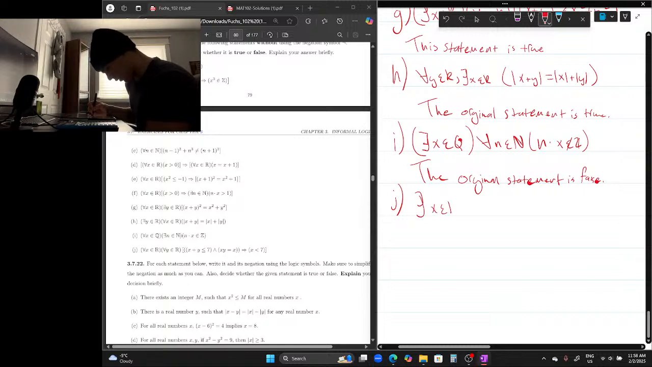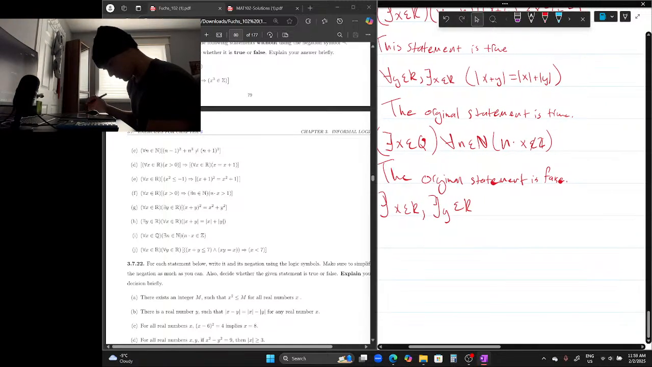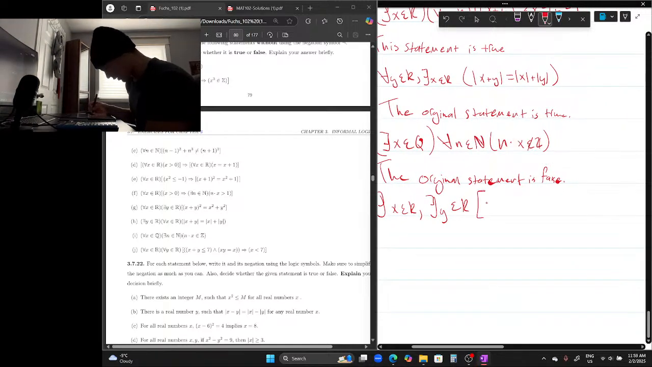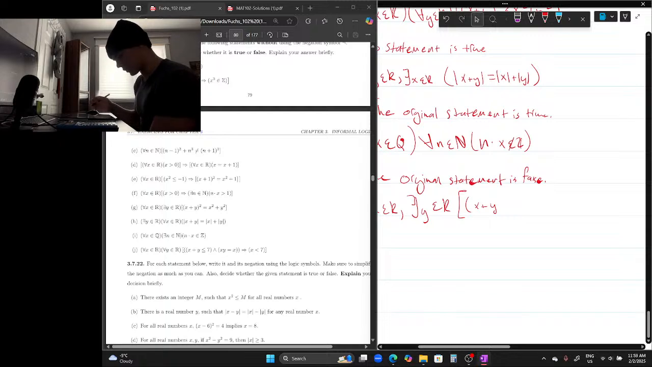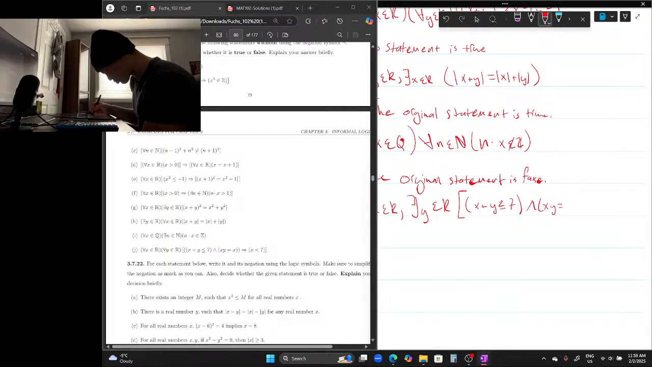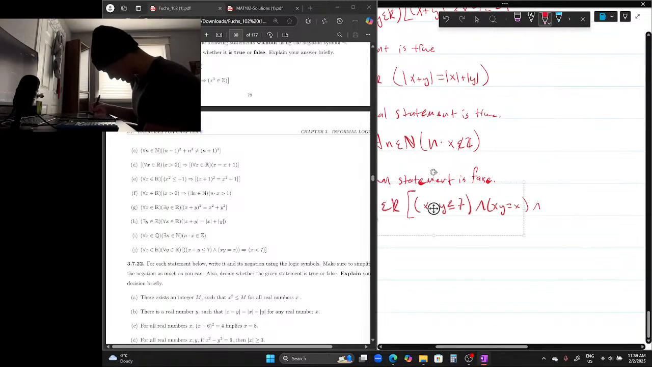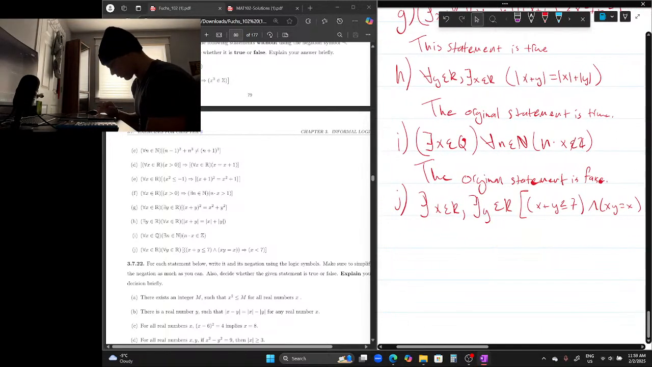So J, there exists an x in R such that there exists a y in R such that x plus y is less than or equal to 7, and x is greater than or equal to 7. Okay, so the truth of this statement doesn't really matter, but the original statement,